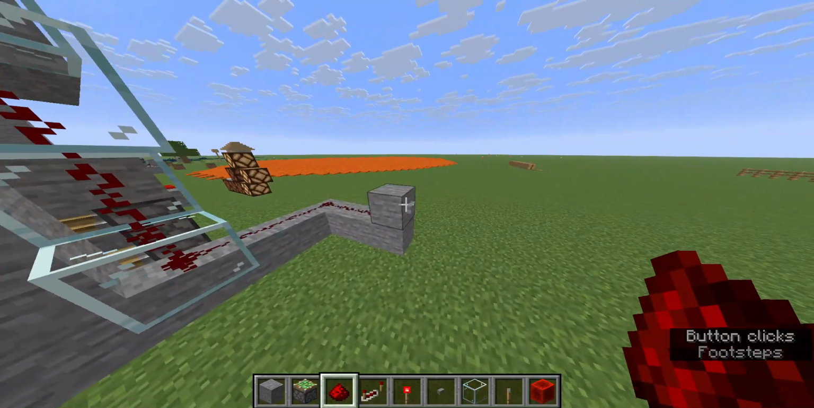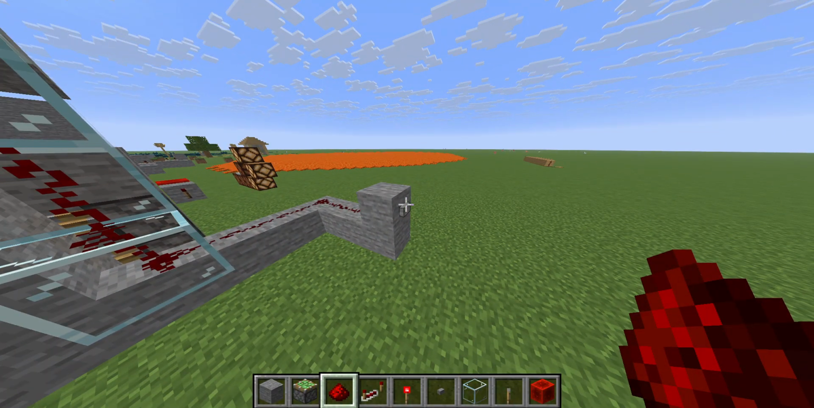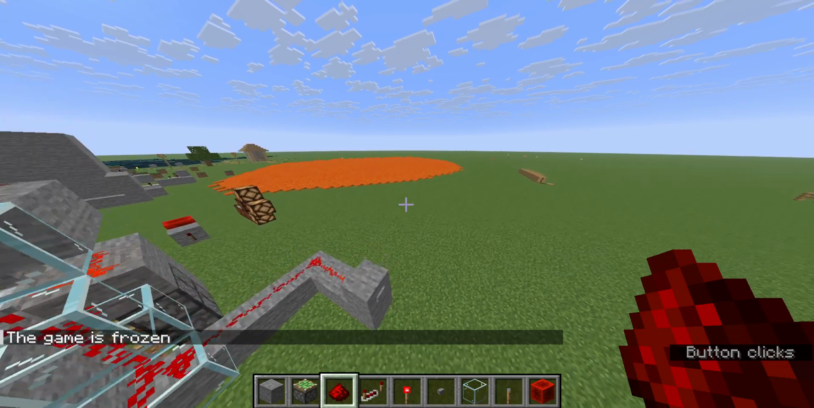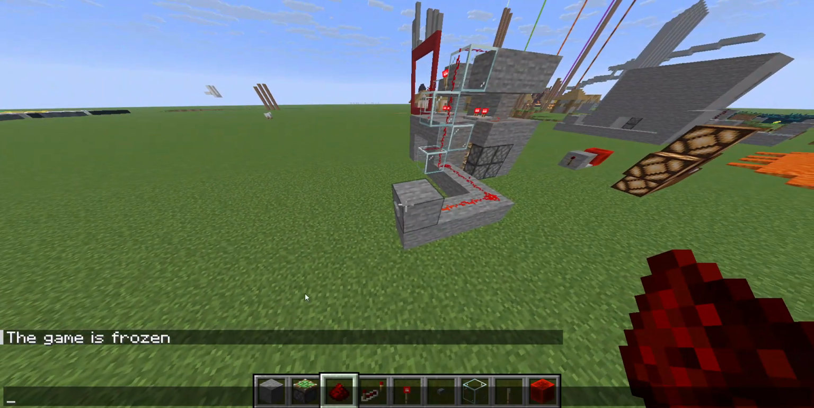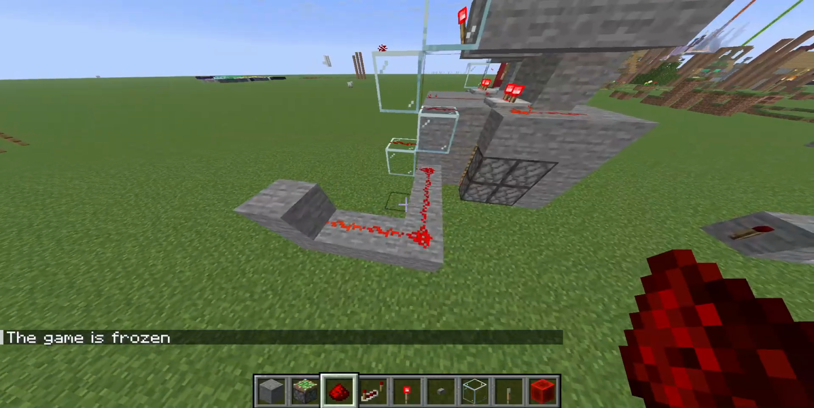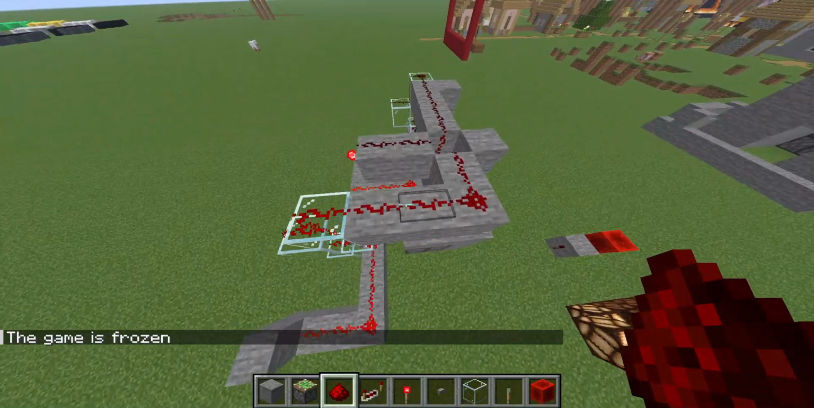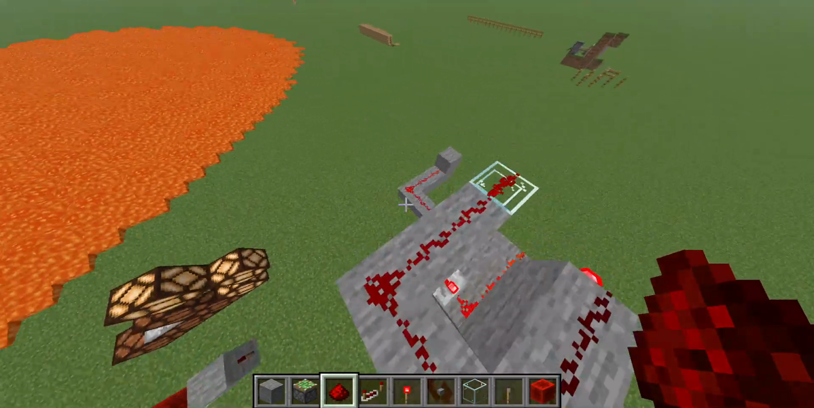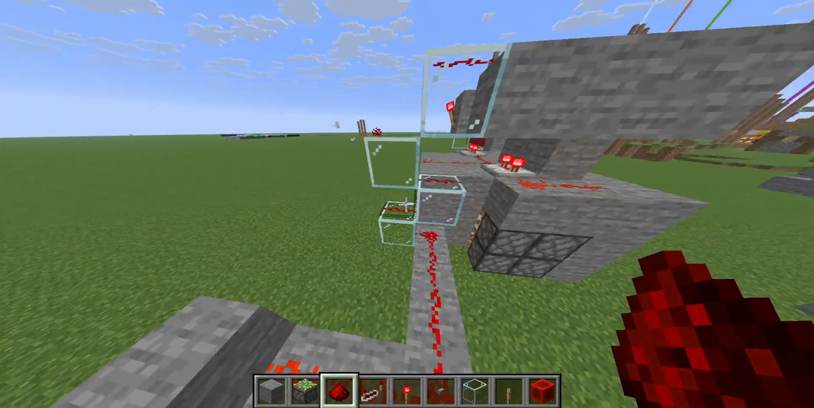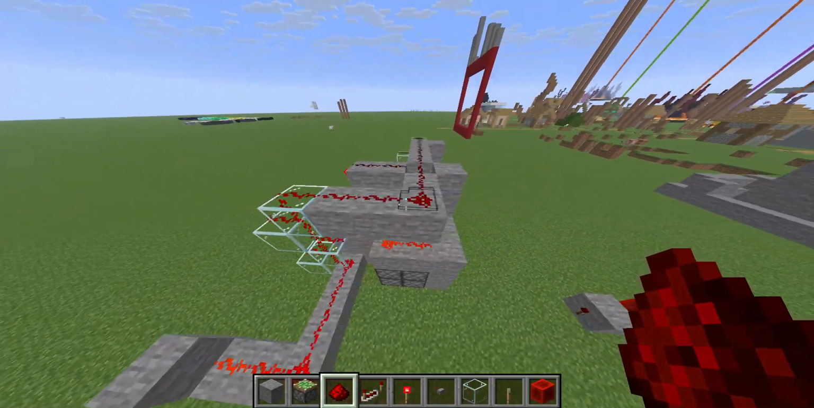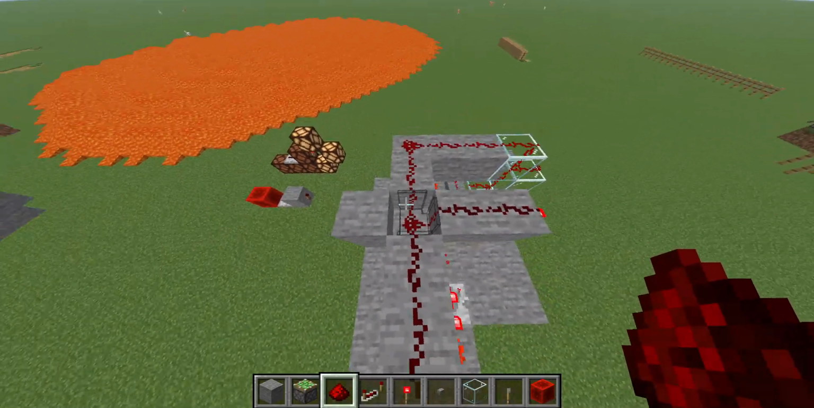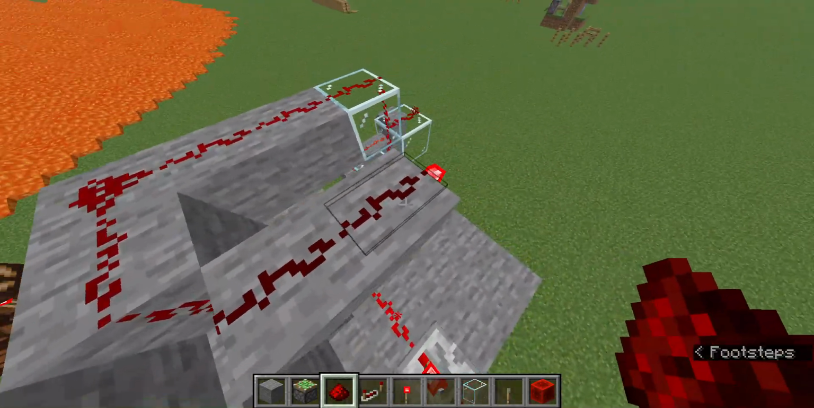So as you can see, I'm gonna do slash tick freeze, and I'm gonna copy that. And now I press this button, and the game is frozen. So now this is gonna stay here forever, and I can show you what's going on. The redstone power, as you can see, gets darker and darker with every block because it loses power. And eventually, since this circuit is slightly longer than 15 blocks, it turns off,